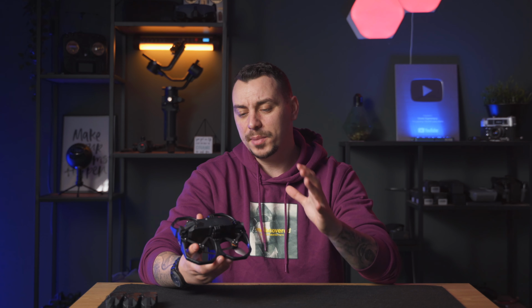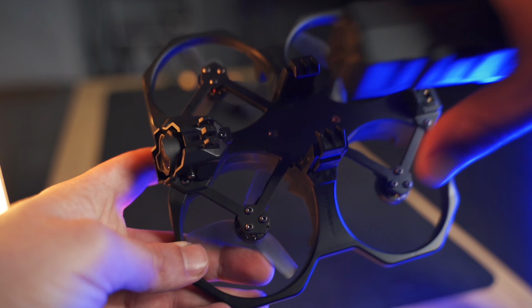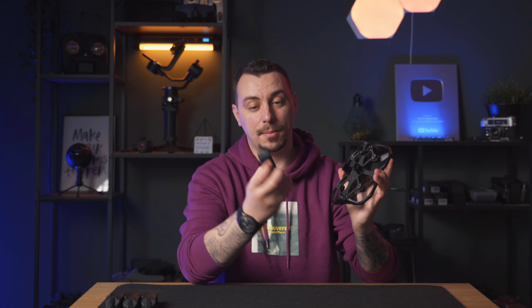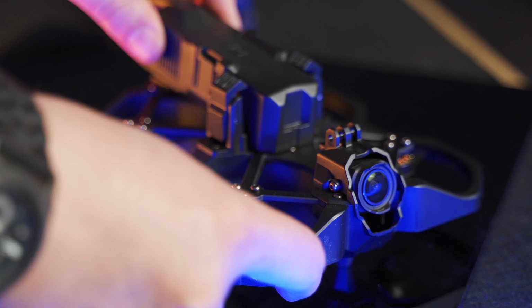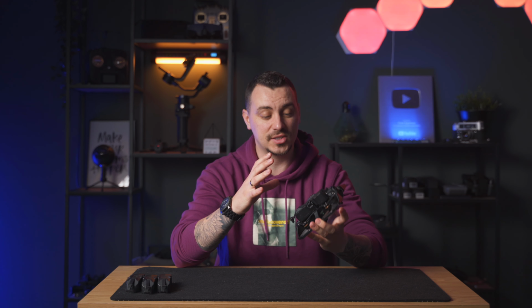Now, one big talking point when it comes to the Defender 25 is this proprietary battery system, which I believe is genius. So you have two little latches here on top of the drone, and if you press them, that ejects the battery and you're good to go. To put it back, you simply need to slide it in and it sticks in its place and it's not going to go anywhere. It's very secure, and I definitely like this mechanism of using those proprietary batteries,